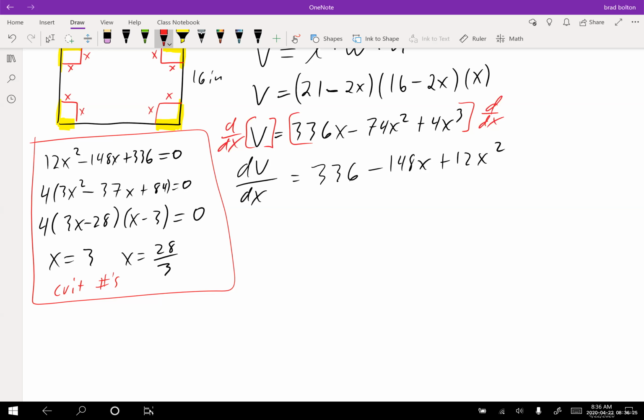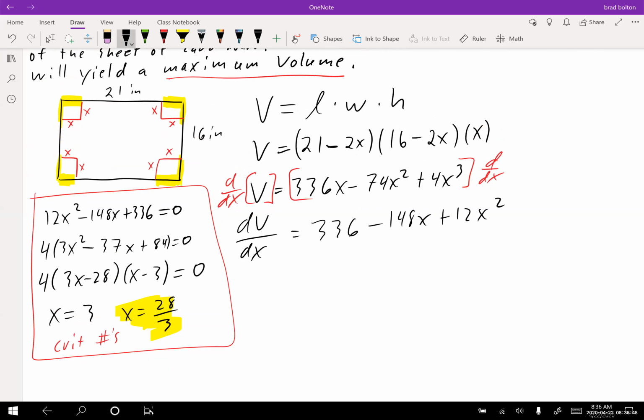So the one that worries me a little bit is the 28 over 3, because 28 over 3 is worth how much? Isn't that about 9 and some change? That's about 9 1/3. So this guy worries me a little bit, because remember, x is not the length of the rectangle, x is how much you're cutting out. Well, if that's a little over 9, and I try to cut that out from the 16, right? How's that going to work? How can I cut out a 9 here